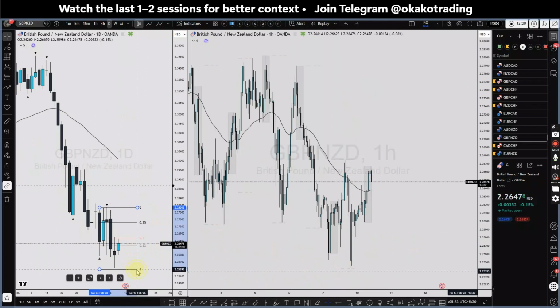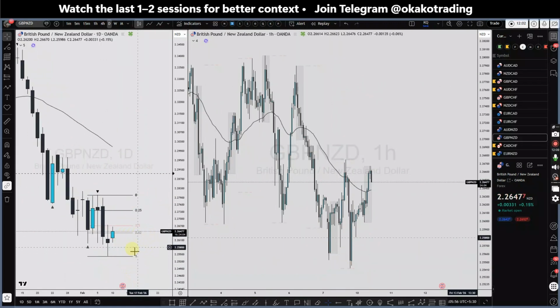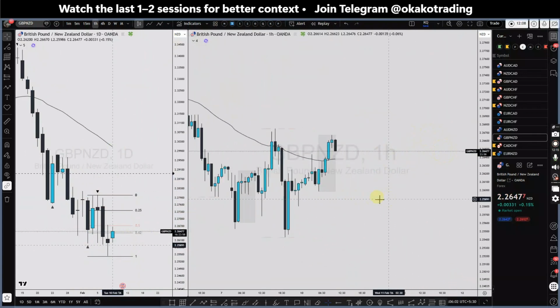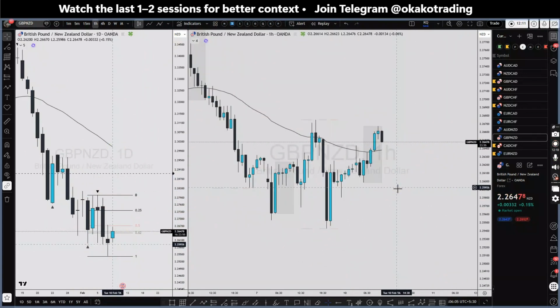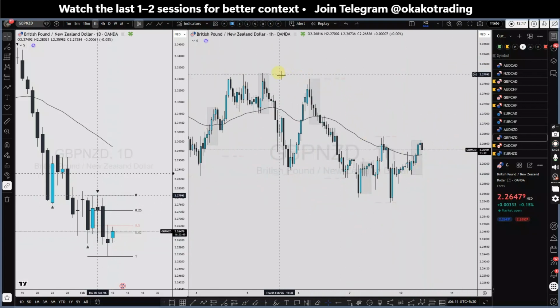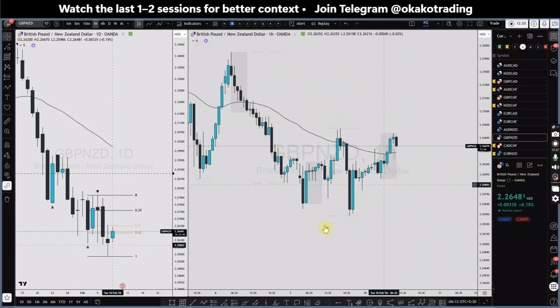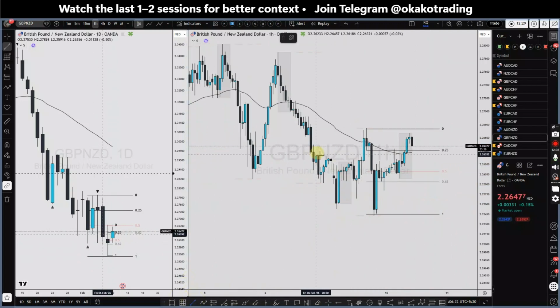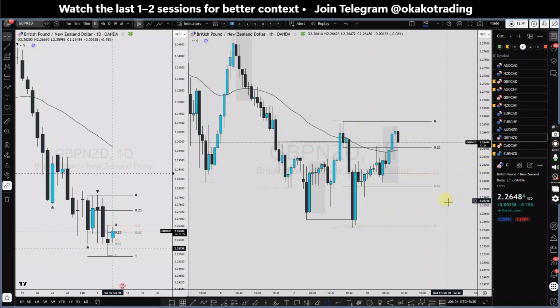Okay. This is GBP NZD. We are currently getting inside a discounted price region. And let's see if we have any setup in 1 hour. Hmm. Okay. I can spot this setup, but honestly, it doesn't look good at all. Like we have a clean sweep of liquidity at around this level, and then a break of structure. And right now we are trading above the OT.